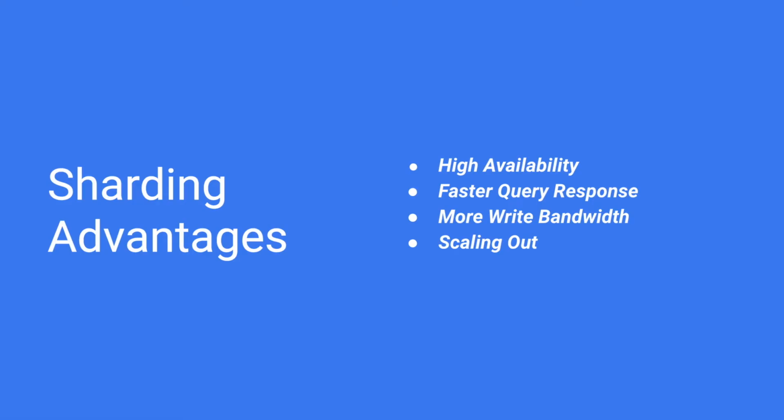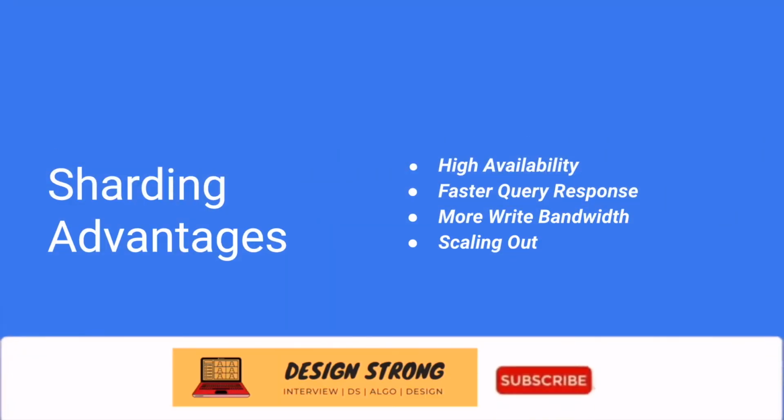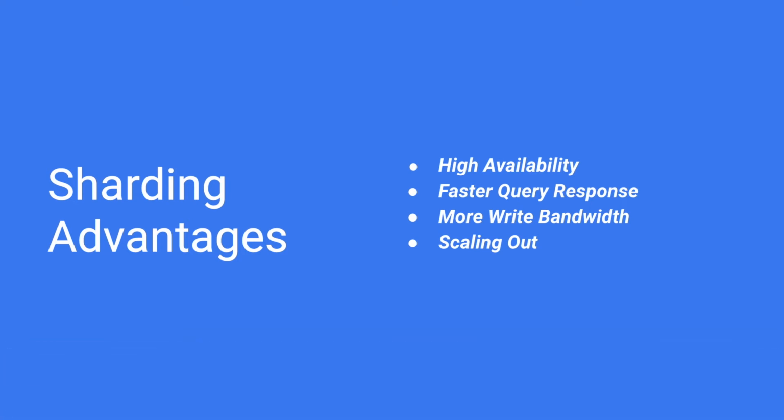Now let's check some of the advantages of sharding. The first and very important advantage of sharding, like most of you might be aware, is high availability. High availability is an aspect of sharding due to which we generally try to do it. With a sharded database, if there is an outage in one database shard, it makes only some part of the application or website unavailable to some users, but other shards can continue to operate without any issues. If the database is unsharded, then an outage has the potential to make the entire application unavailable. It is highly unlikely that all the shards will go down at once. So high availability is the key aspect due to which we went with sharding.